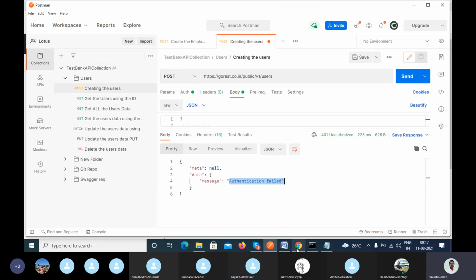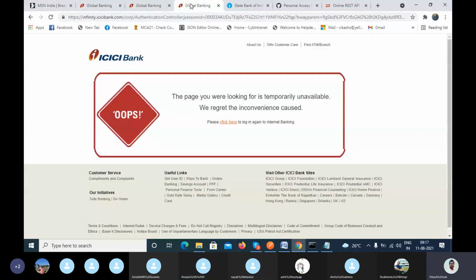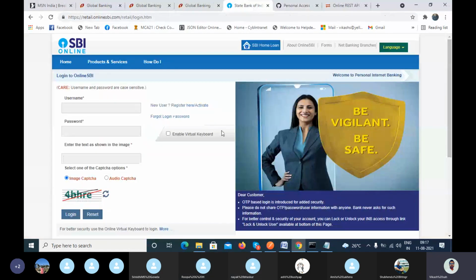Have you seen, when you are using ICICI bank or SBI bank, your page will automatically expire, right? And when you click on any element, the expired page gets displayed, asking please sign in again. That means your token has expired, which you generated after login, entering the username and the password.